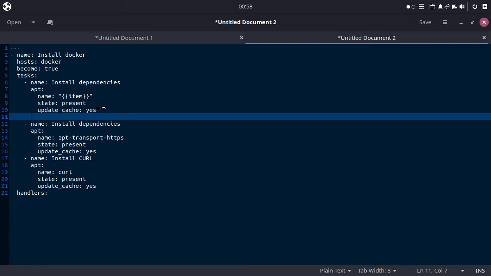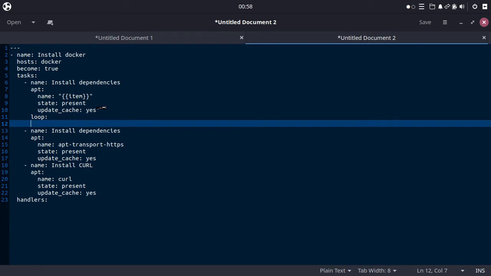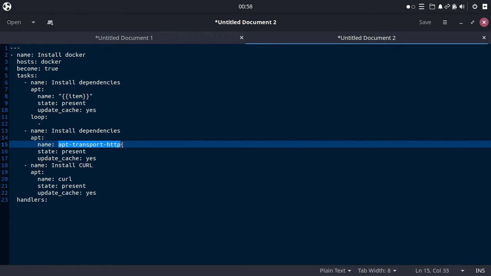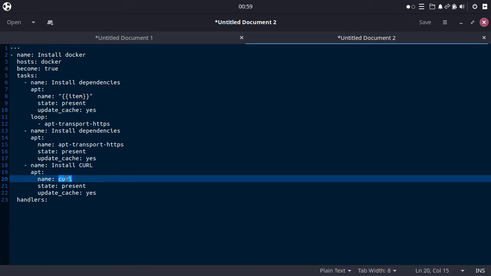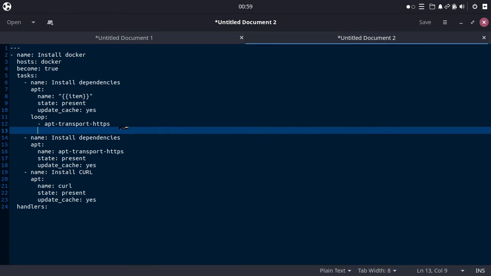So loop: first apt transport HTTPS. Put it here. And the second one is core. Put it underneath. Set.